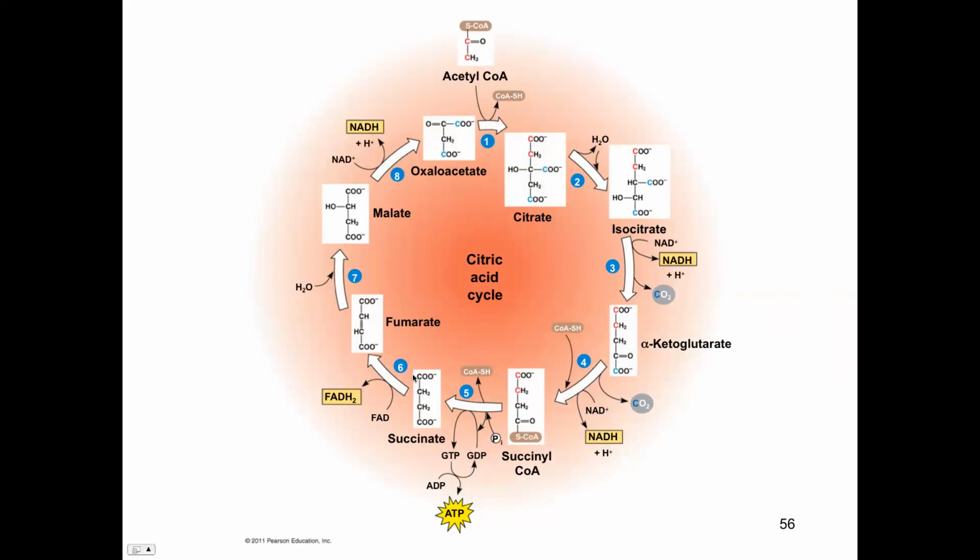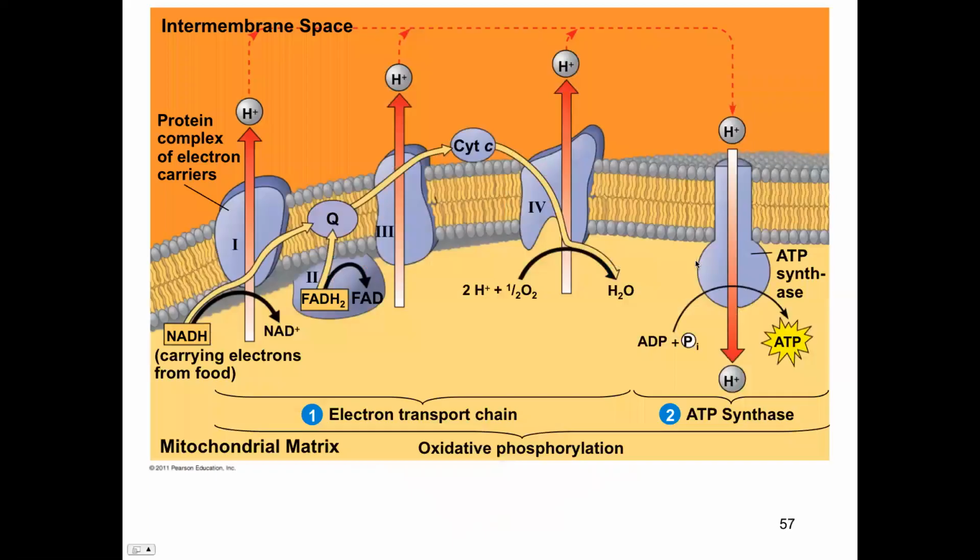All right, I just want you to see, if you follow through, you can see that at each step, things happen and energy is being captured, all right? Now, this leads you to the last step, which, like I said, is made into 2 parts. The first part is the electron transport chain. Now, what's happening now is you're setting yourself up to make your ATP. And the way the cell does that is, again, not directly from the electrons, but by setting up a gradient of protons, all right, of hydrogen